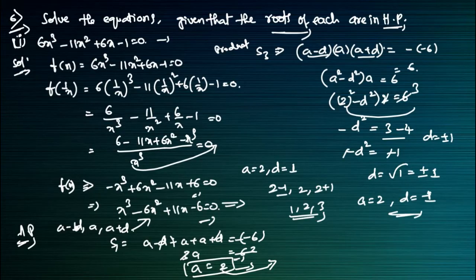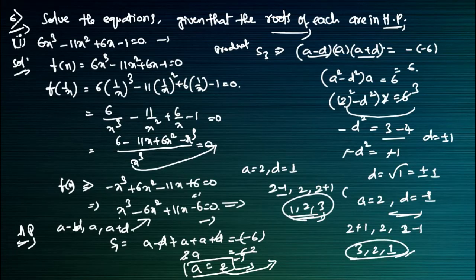So it will become 2 minus of minus 1 plus 1 and 2, and here 3 minus 2 minus 1. So 3, 2, 1 will come here. So these are the two cases we will get for the answers of this one: 1, 2, 3 and 3, 2, 1 here.